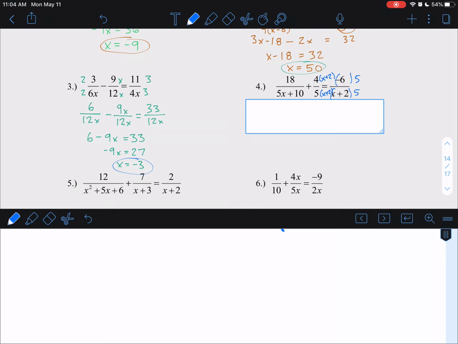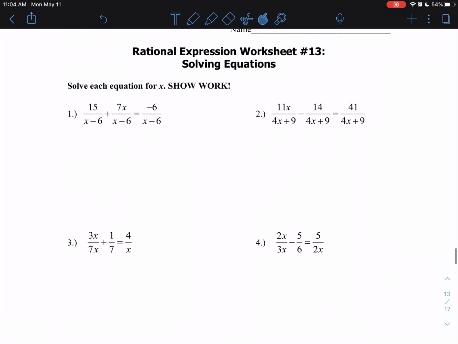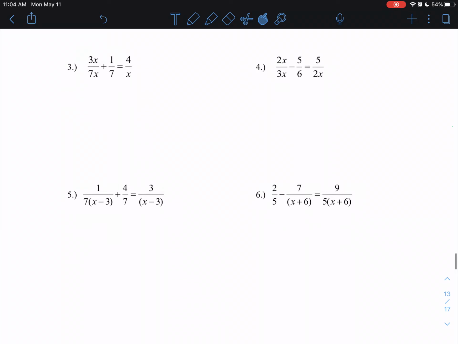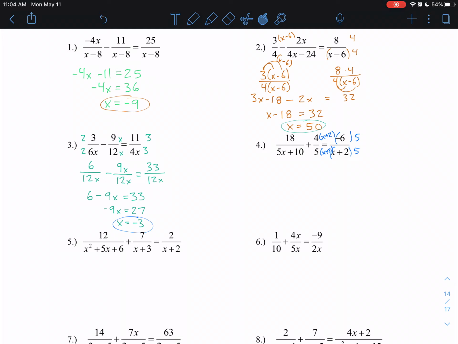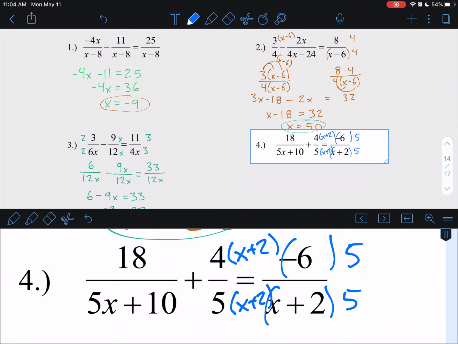Actually, hold on a second. On this sheet that I was going to have you do beforehand, looking at numbers 5 and 6 here, they don't even distribute that back out. They just leave it as 5 times x plus 6 or 7 times x minus 3. So you don't have to distribute that back out sometimes. But it looks like you do in this case. So, if I distribute that out,